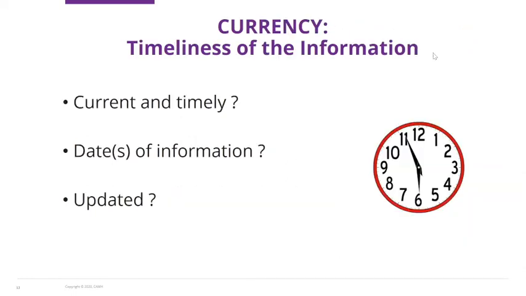So firstly, we will start with C, the currency of the information. This is mostly about how old the information is. And you can look at this using a variety of methods. One is that you can look at the date the information was posted. When finding information online, there should be a note that this information was last posted and updated at such and such